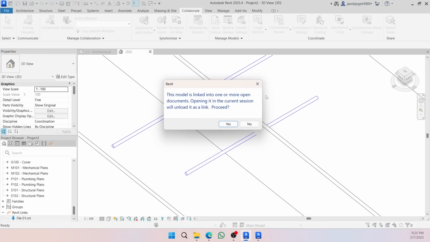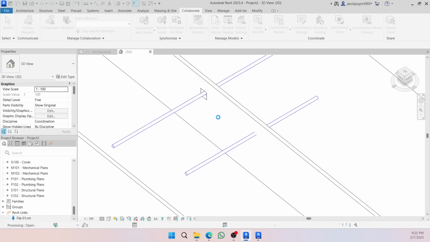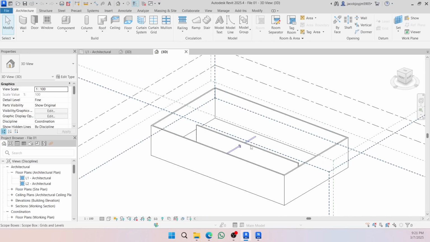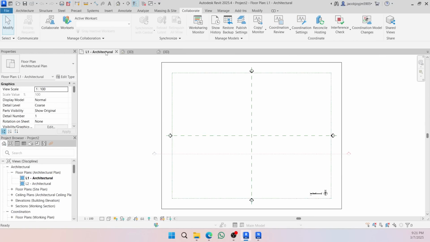And you can see here, as we are already seeing the file as a link, and we are trying to open the file in the same Revit application, this is going to open and unload the link. We don't have another option, so say yes. Now here I can link the current file. Okay, but I have not saved the file. So let's go back here,